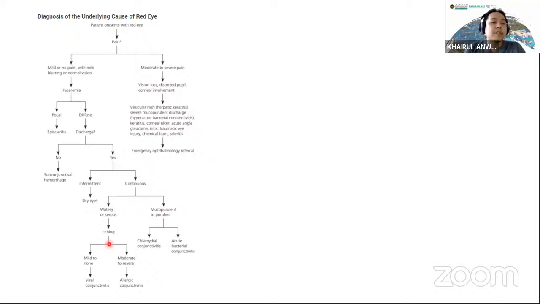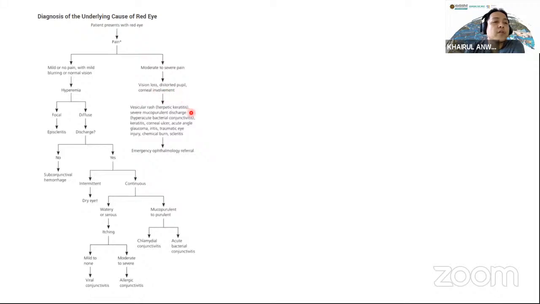And if it's with itching, with mild to none, it could be just viral conjunctivitis, which most of the time will resolve by itself without treatment, or it could be moderate to severe itchiness. This is more likely to be due to allergic conjunctivitis. But with mucopurulent or purulent discharge, it could be secondary to chlamydial conjunctivitis, or it could be due to other bacterial conjunctivitis. But otherwise, if there is moderate to severe pain,